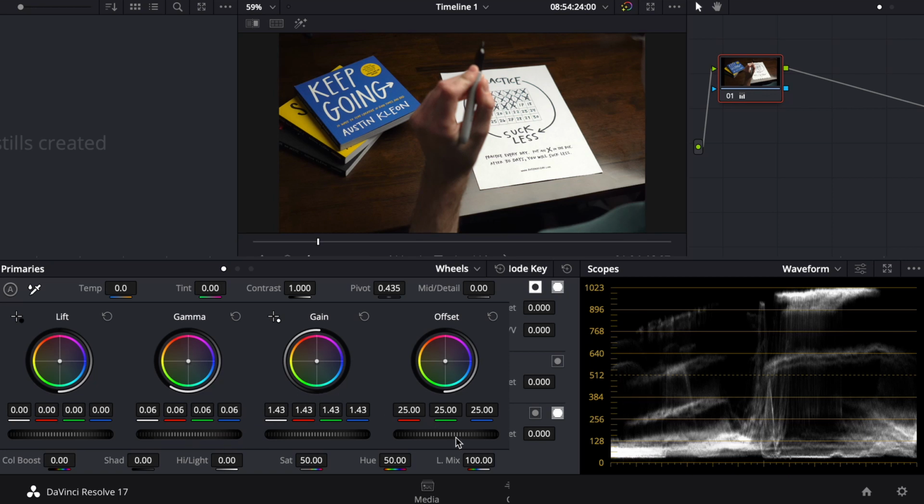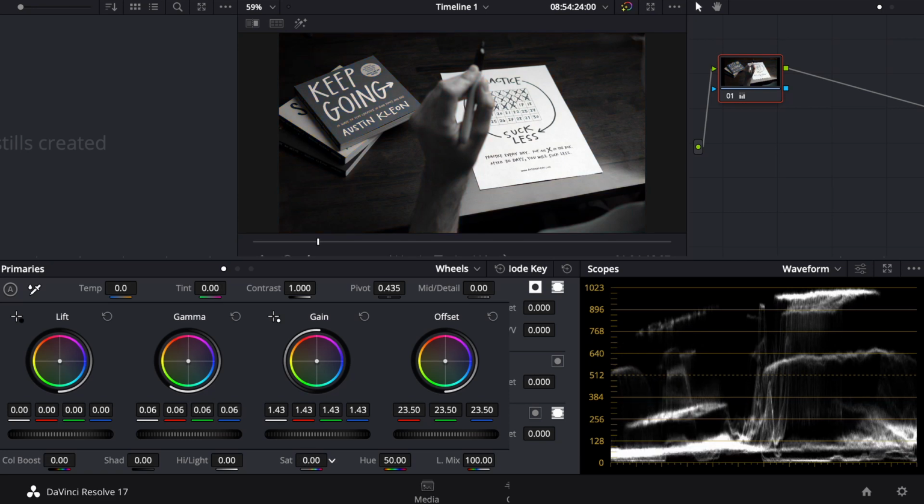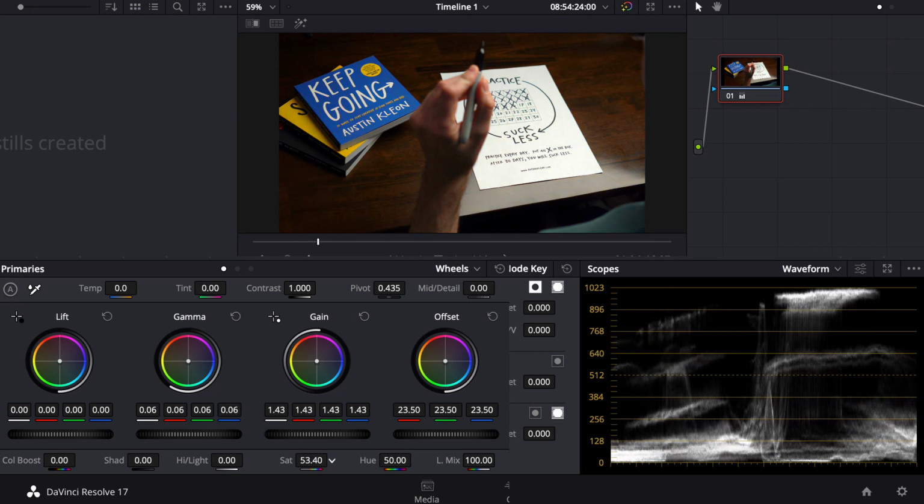The other thing you can do is if you want to move the exposure of everything, you can adjust it right here. And then the other main thing would be the saturation. If that's at 0, you're going to have black and white, and if it's at 100, there's too much color. So something in the middle, but if you wanted a little bit more color, you could increase the saturation.